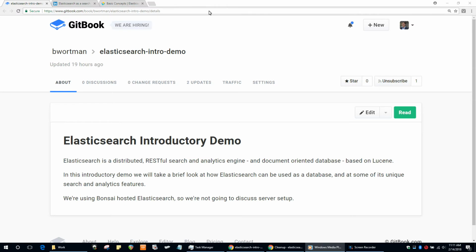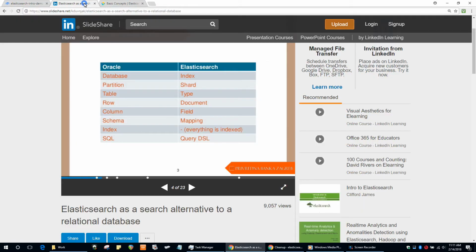Welcome to my overview of Elasticsearch. I will be presenting this material by walking through the complementary Git book, which is hosted publicly here at this URL. Speaking in terms of a relational database, of which Elasticsearch is not, it's a document database,